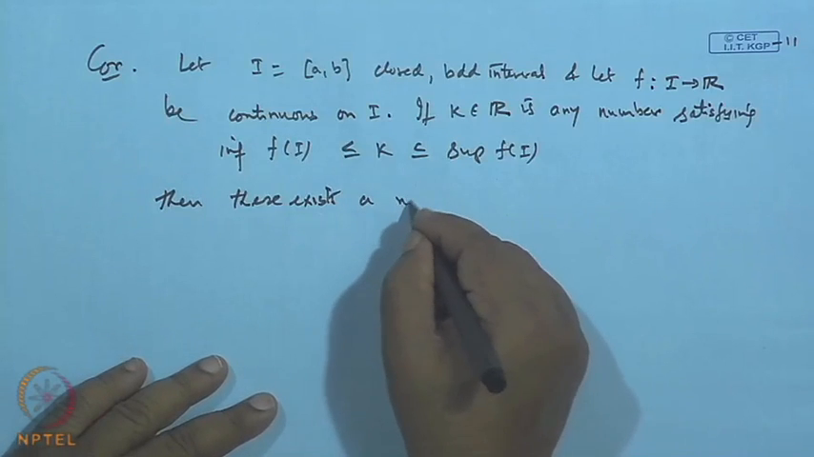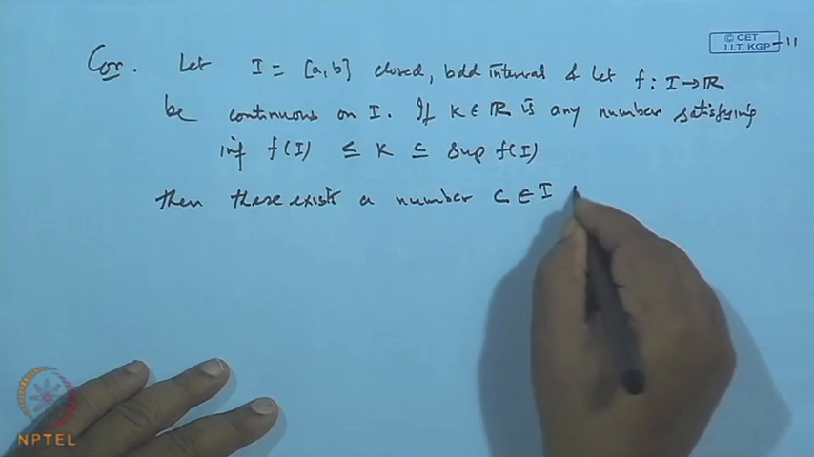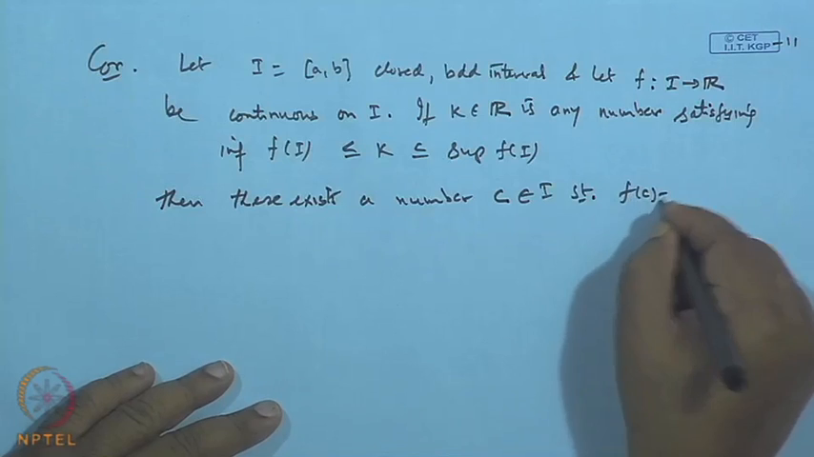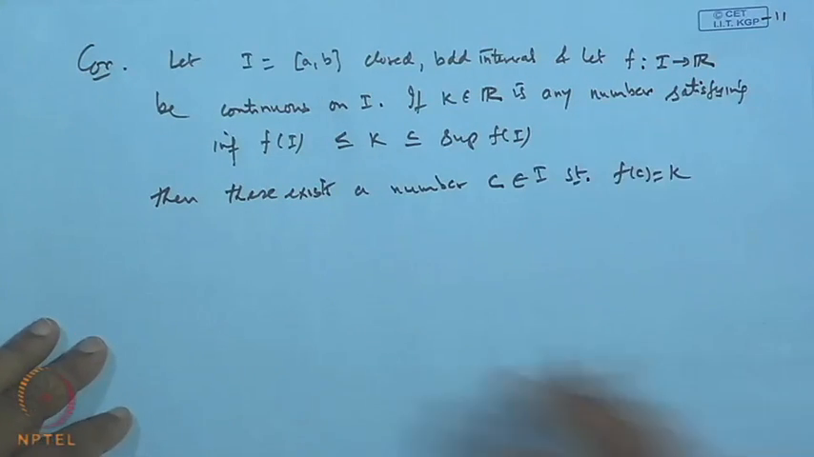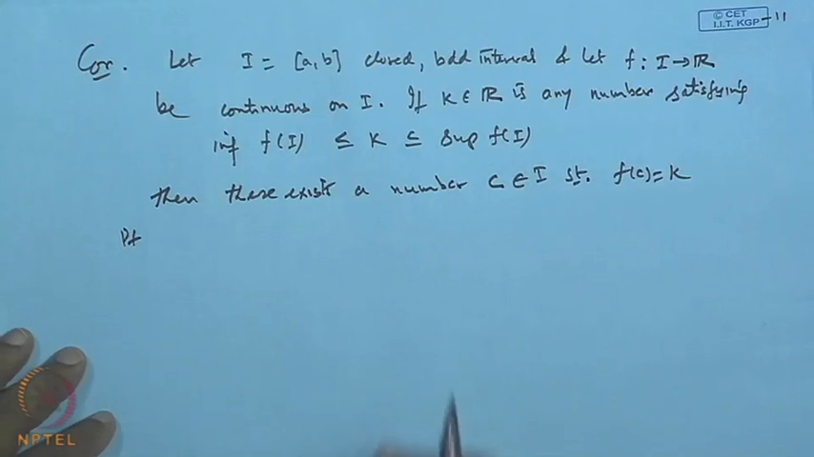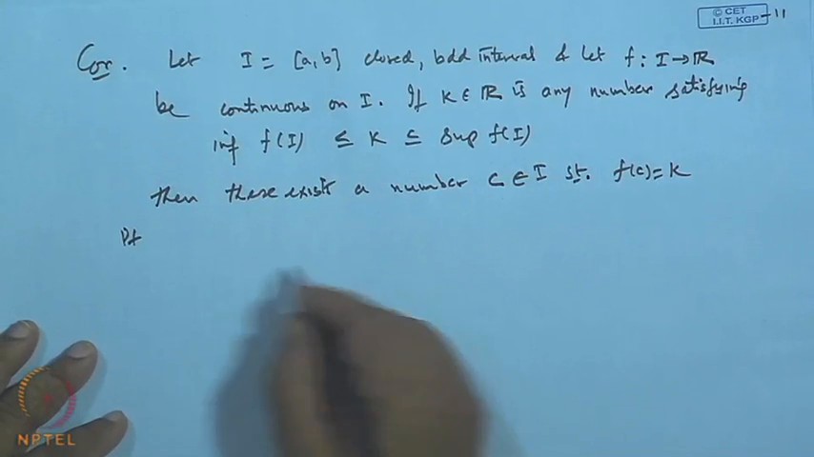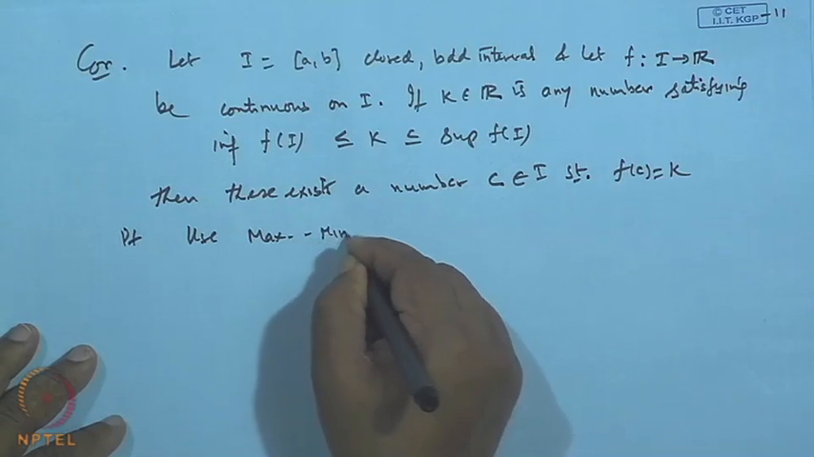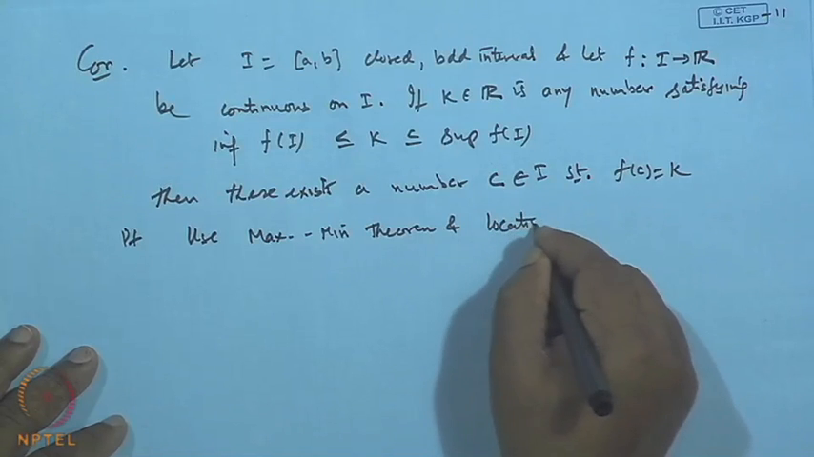a number C in I such that the value of the function at the point C will be k, meaning this k will be attained by the function at some point. The proof follows just from the maximum minimum theorem and our previous Bolzano intermediate value theorem. So, it follows from the maximum minimum theorem and the location of roots